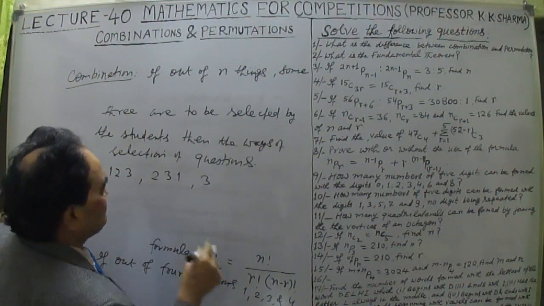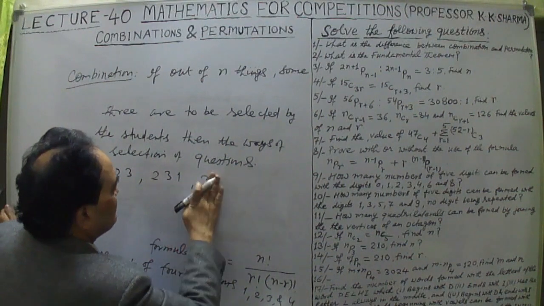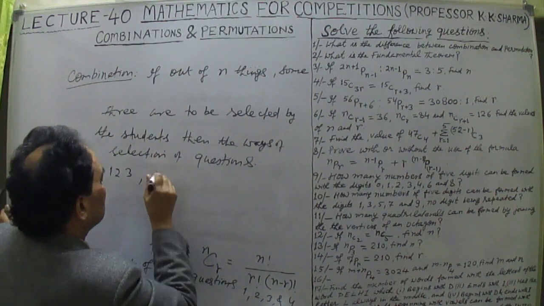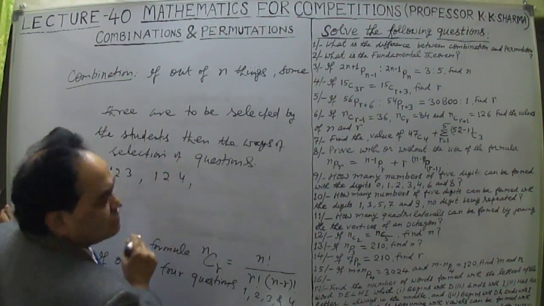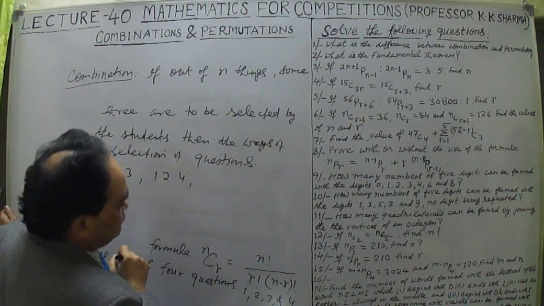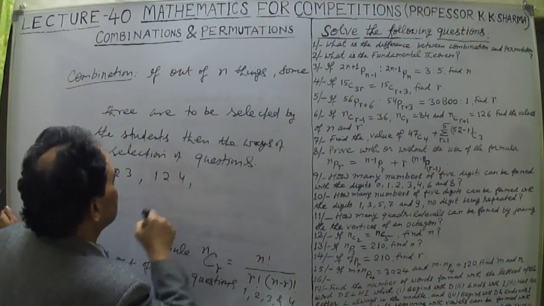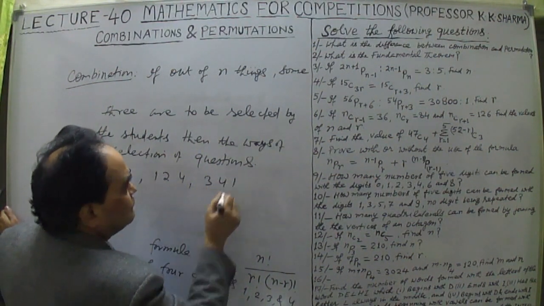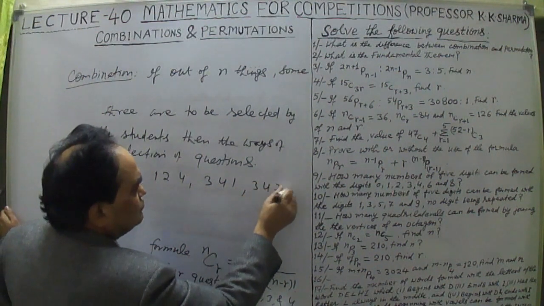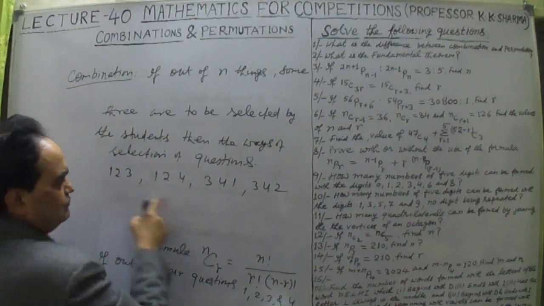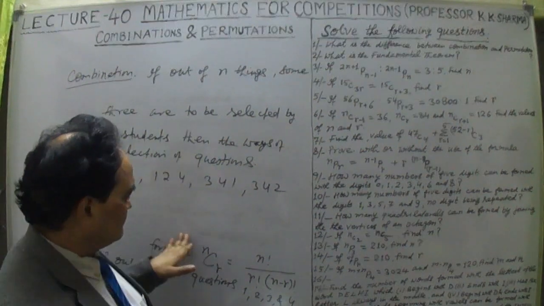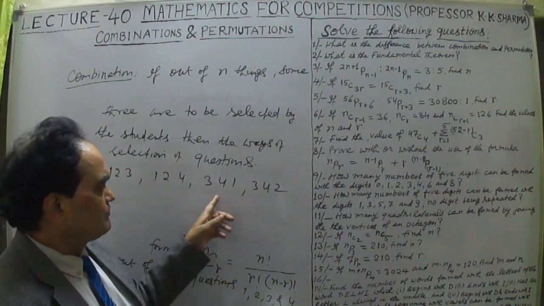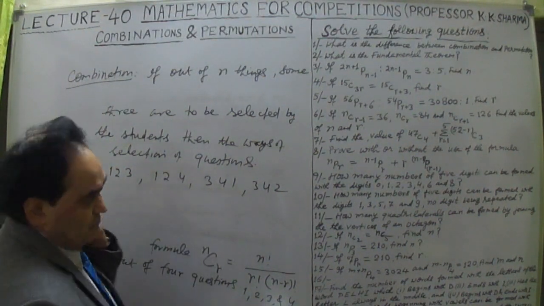Then, because this 4 is also there, let me take 1, 2, 3, which I have taken here. And if I take 1, 2, then 4 is also a possibility. 1, 2, 4 out of these questions, right? 1, 2, 3, 1, 2, 4, and then 3, 4, 1 or 3, 4, 2. There are 4 ways of selection. Different questions are to be selected. These are the unique questions. 3, 4, 2, 3, 4, 1. These are the 4 questions to be